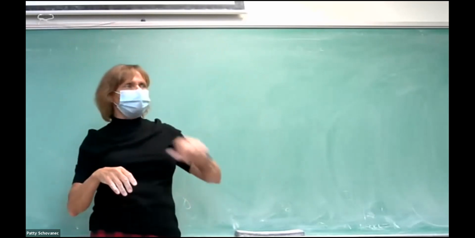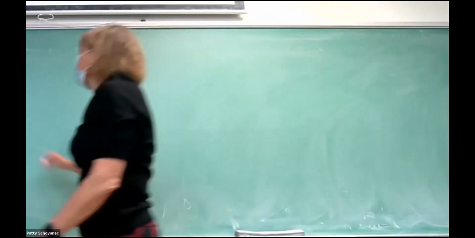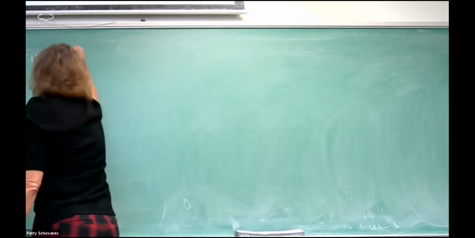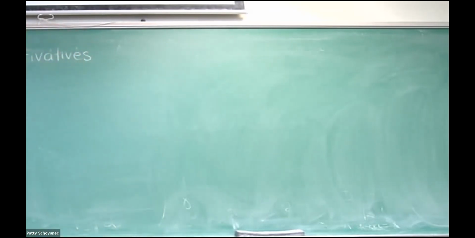But we're going to do section 5.1 for a little bit now. So we have 5 sections of chapter 5. In section 5.1, we just look at the basic idea of what an antiderivative is. So my questions will be here, and you're going to give me an answer. What function has as its derivative